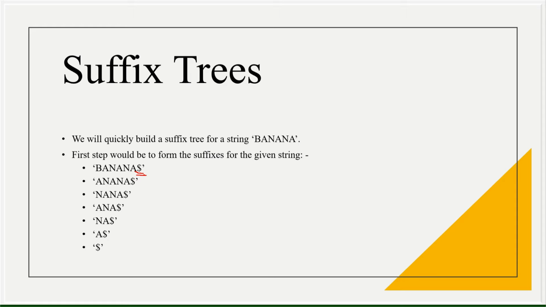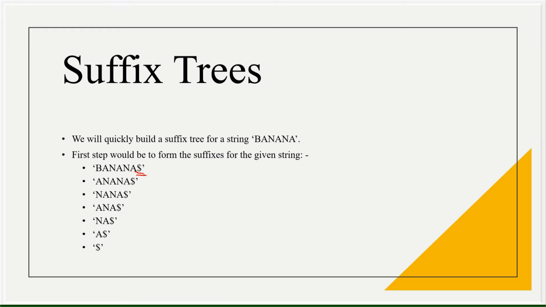If we don't add this dollar, then the program will not be able to understand whether the string is still continuing or there is a gap or something like that. Therefore, we add a delimiter, which is the dollar. It doesn't have to be a dollar. It can be any character which is not present in the string, but the dollar is a unique character. Therefore, we are adding it.